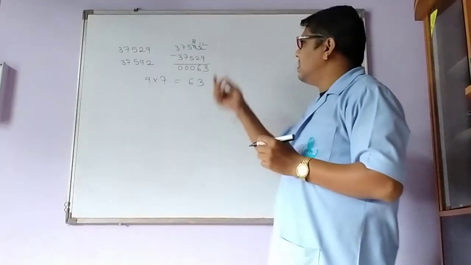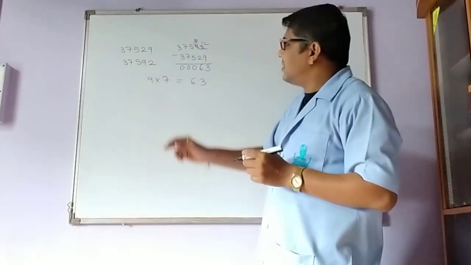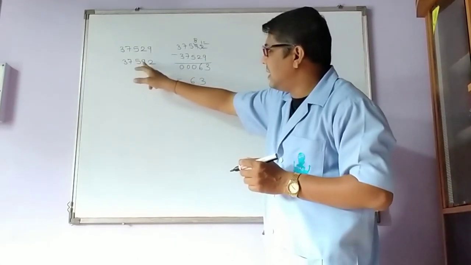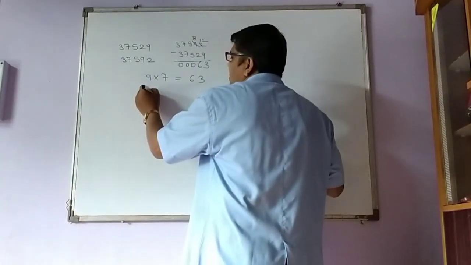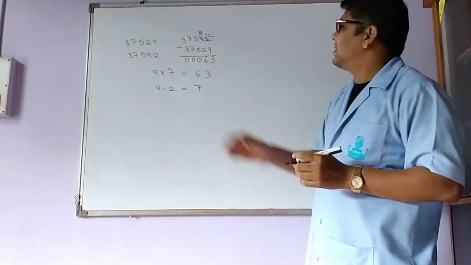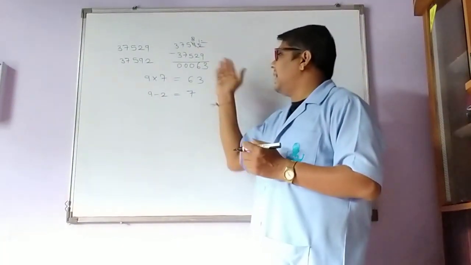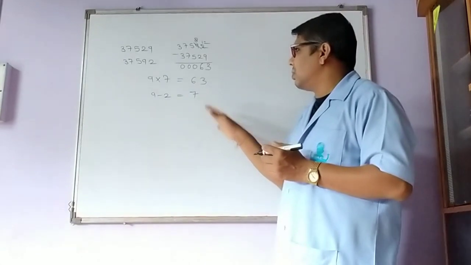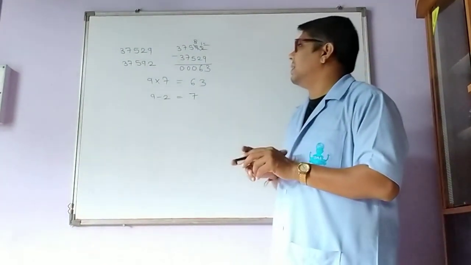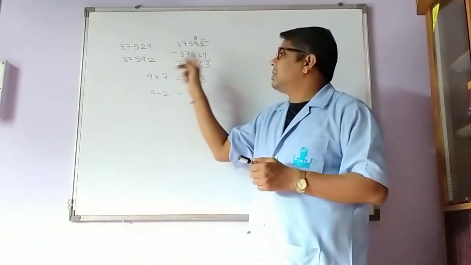Similarly, this difference which we get is also a multiple of the difference between the two digits. Now see here, the two digits which we have interchanged are 9 and 2. So what is the difference? 9 minus 2 is 7. And 7, how many are 63? 9 are 63. So in that way you can find it out. What we conclude from here is that when the digits in the units place and tens place are interchanged, then the difference between the numbers so formed is a multiple of 9.